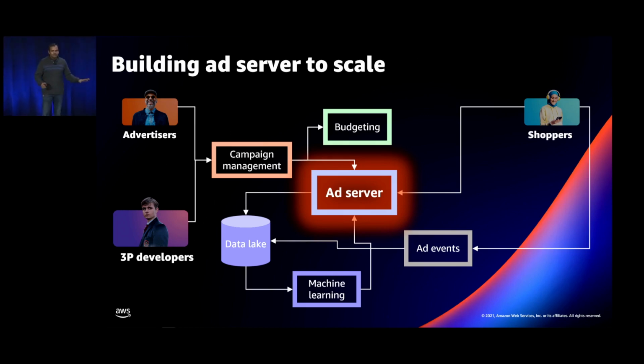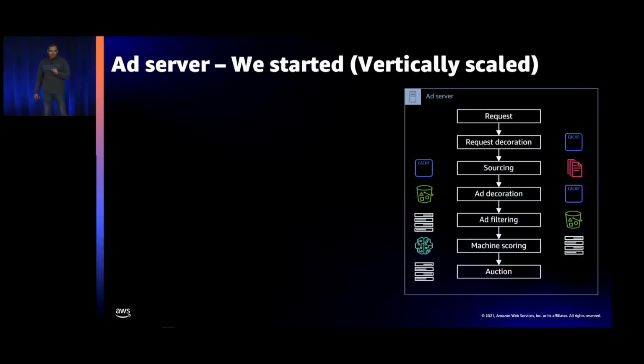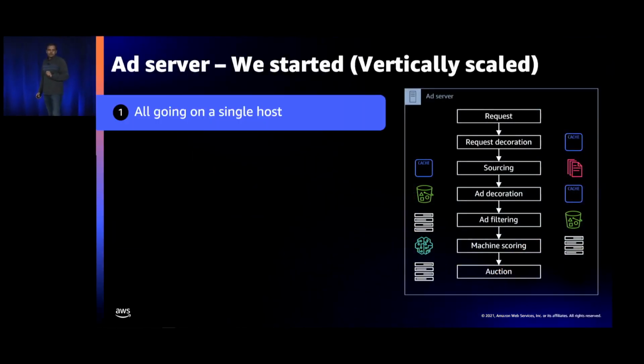Storing the data was one part of it, streaming it was another, and now processing it in this real-time request-response system, the ad server, was yet another challenge. This system would source all the data, process the ads in real time, and finally select the set few which need to be shown to the shopper. Historically, this system was built to be optimized, and everything was put into a single host. The myth was, if you go over the network, you will incur latencies. And when we are processing a lot of data, every millisecond counted. It was not easy to break that myth.